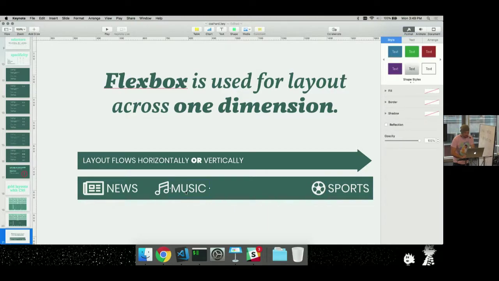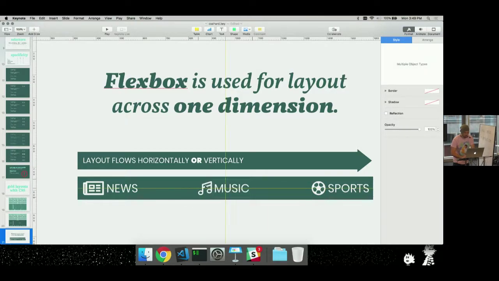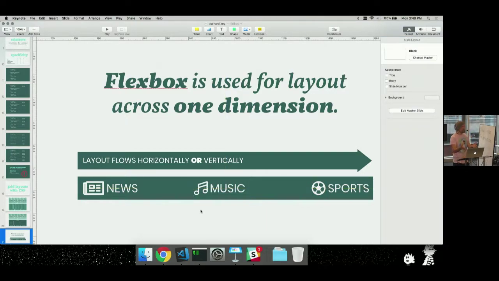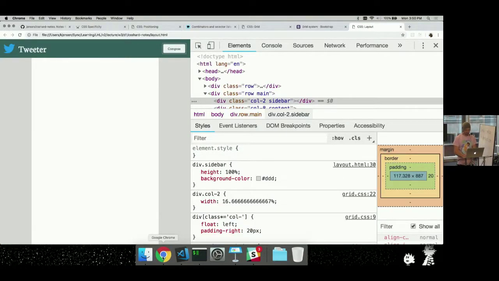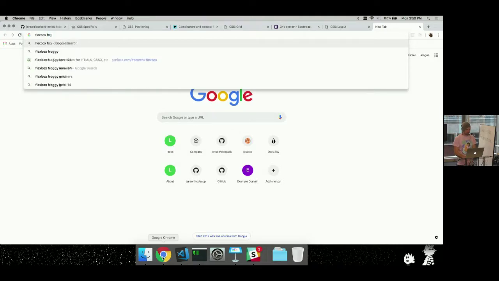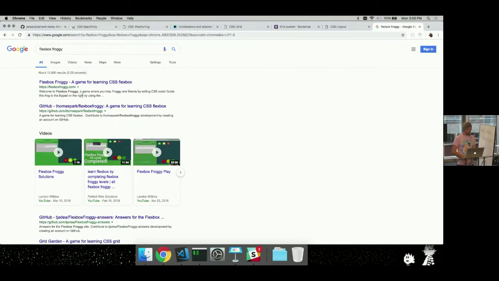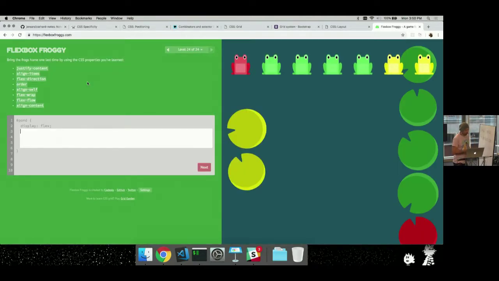more like this, where they have an equivalent amount of space between, Flexbox would allow me to actually justify this content based on space between and actually span these things out like that. Or you could do space around, so they all have the same amount of space around. There's lots of different properties we can put on this. If you're interested in Flexbox, this is the best way to get started, I think. Oh, Flexbox Froggy. So it's going to teach you some of these properties, right?